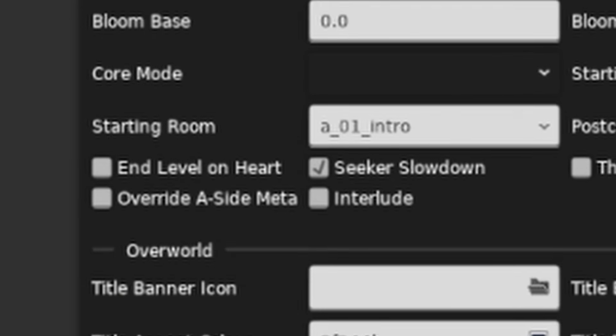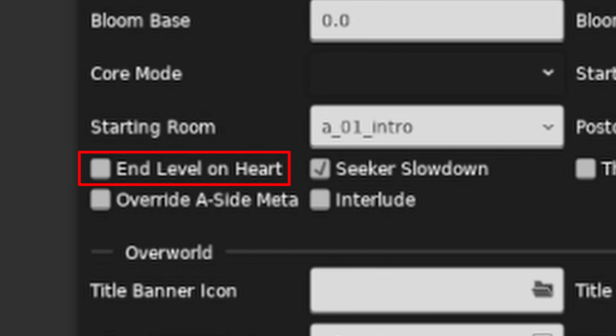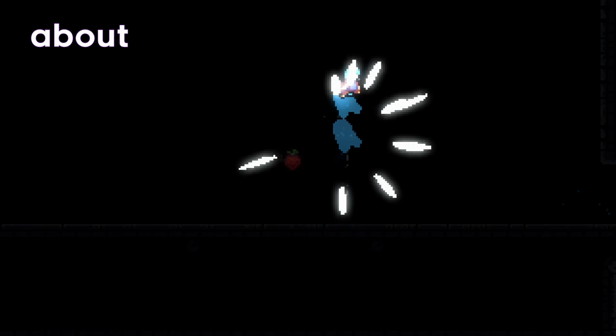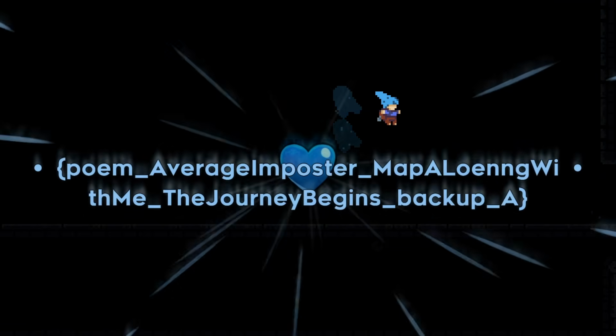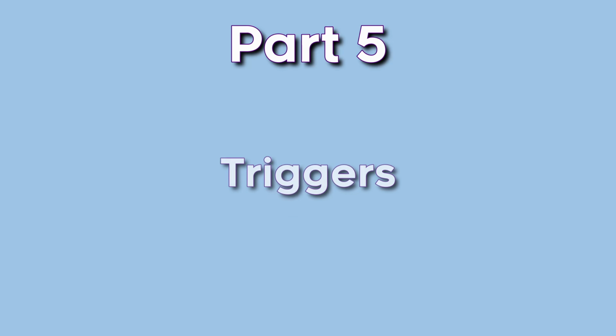Metadata! Under general, you'll see this end level on heart checkbox. And yeah, I mean, what else will I say about it? That's all there is to it, and all I want to talk about for the time being with entities. While I could send you on your merry way to start obscuring your room with entities galore, there's one